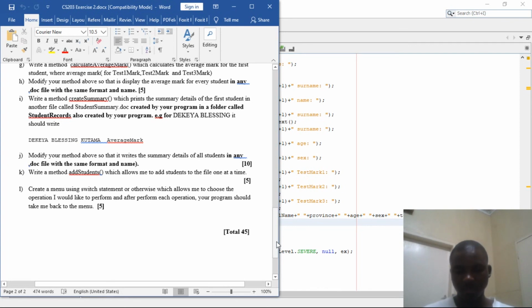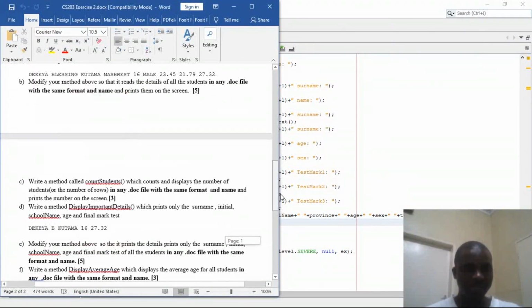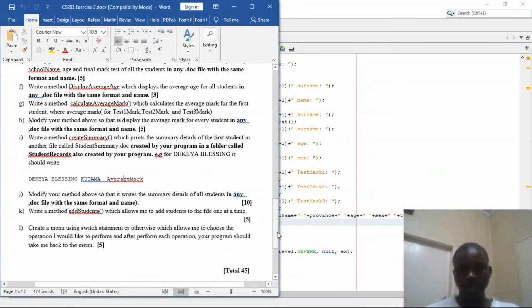Someone can select from all those methods his or her choice. Okay, so I've used both the while loop and the switch statement to come up with the menu, and then the choice or the selection of the user. So here is some of the